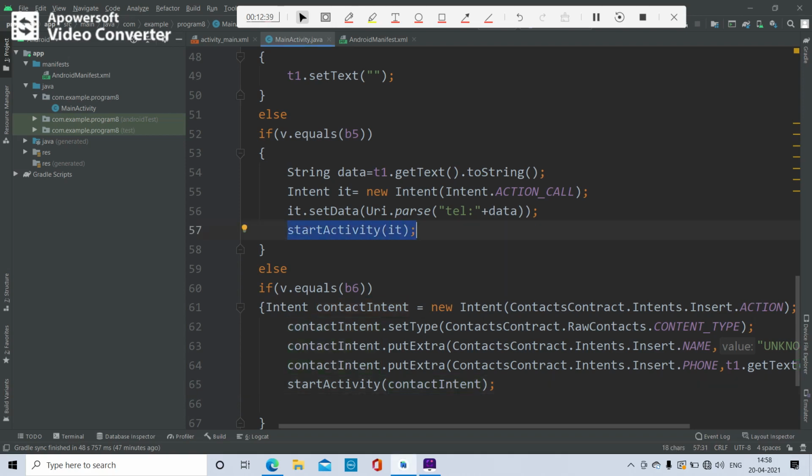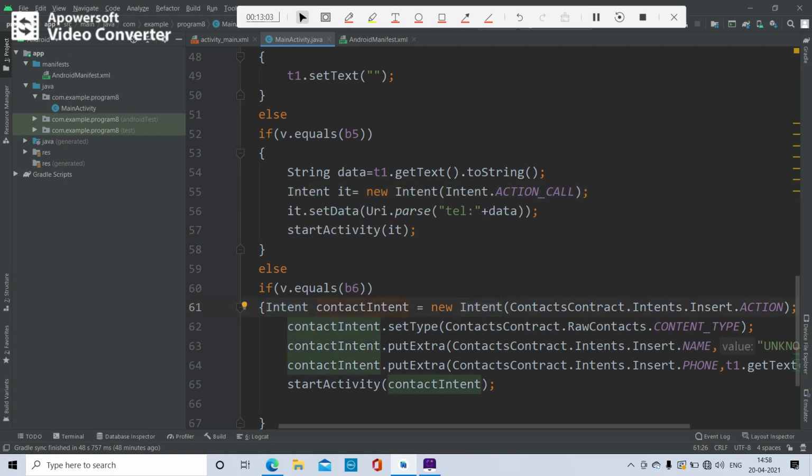By passing an intent to startActivity, once you start the activity, the content of the intent is passed to that activity. Here the activity is nothing but ACTION_CALL.